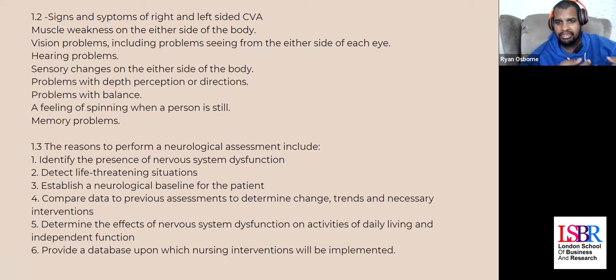What are some of the signs and symptoms of both a right-sided CVA and a left-sided CVA as well? So some of the signs and symptoms are that you will have muscle weakness on either side of the body. So when you see people who are not able to lift certain things up, or they're not able to, you know, like,